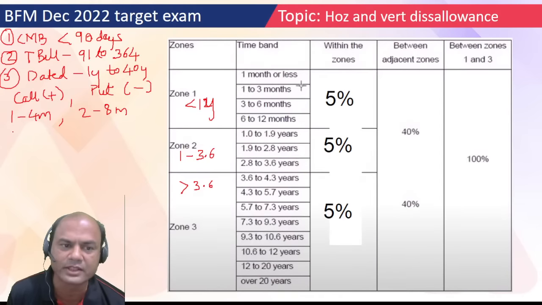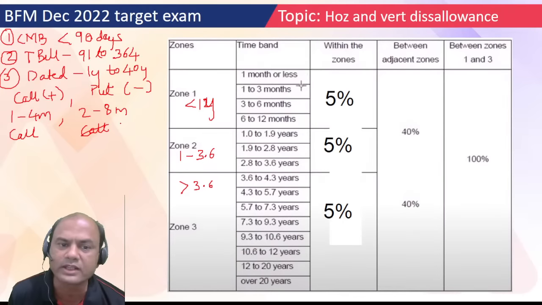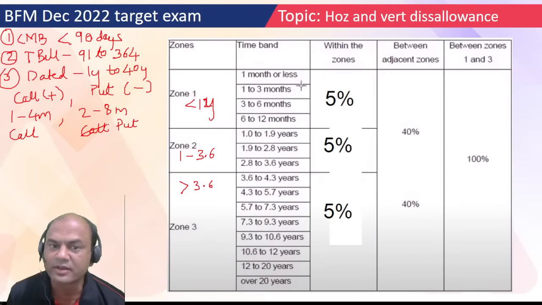Means what? Suppose I'll give you an example. If there is one bond with a call option of 1 month and a second bond again with the call option, okay, so I can't adjust these two bonds. If I am having one bond with call and second with put, then I can adjust it. Okay, understood this? Type yes if you have understood this, so that I can go ahead. If I have one bond with the positive sign, the other bond should be of the negative sign. Only then I can adjust it.